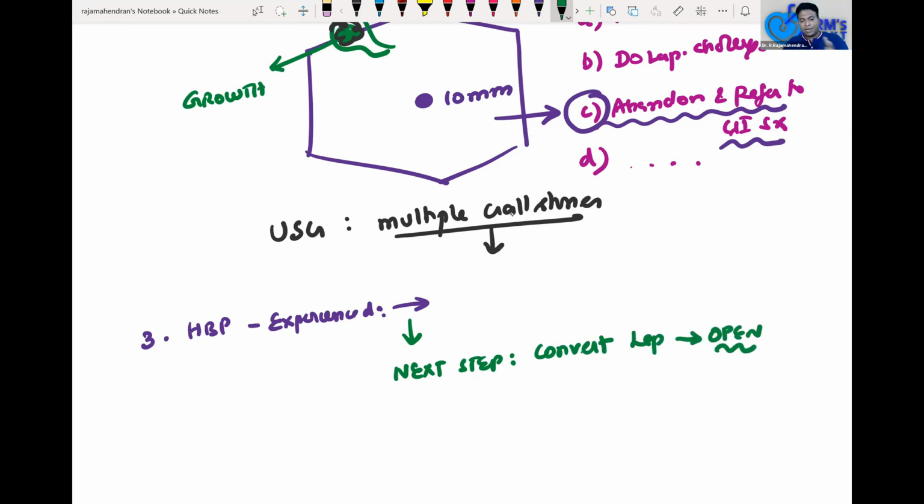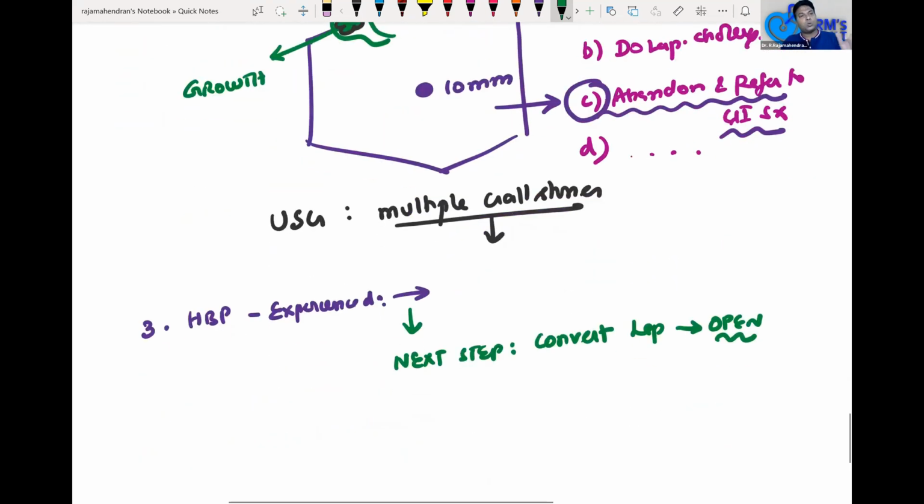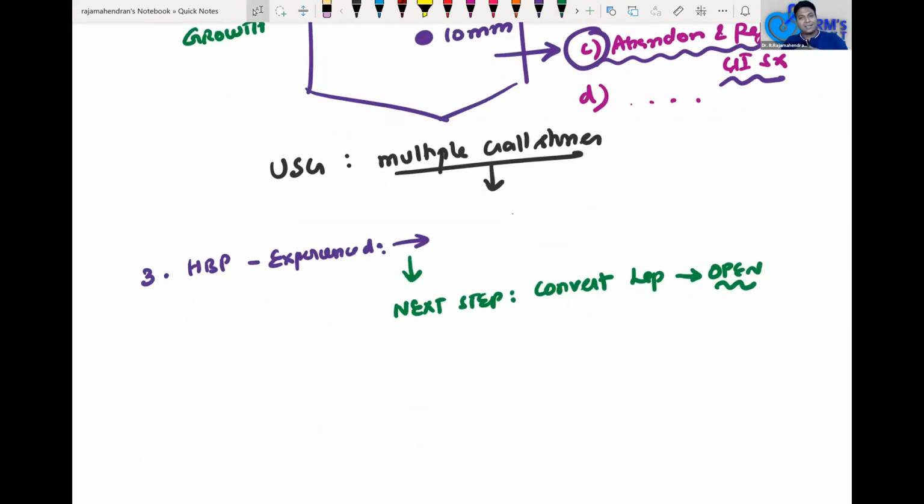This is also an MCQ. I'm telling you, these are MCQs which are asked in the exam. If there is a malignancy and you're an experienced hepatobiliary surgeon, convert laparoscopic to open then and there itself. If you have some gastrointestinal surgeons available nearby, you can call them for an open procedure. We can go for a radical cholecystectomy on the same sitting.